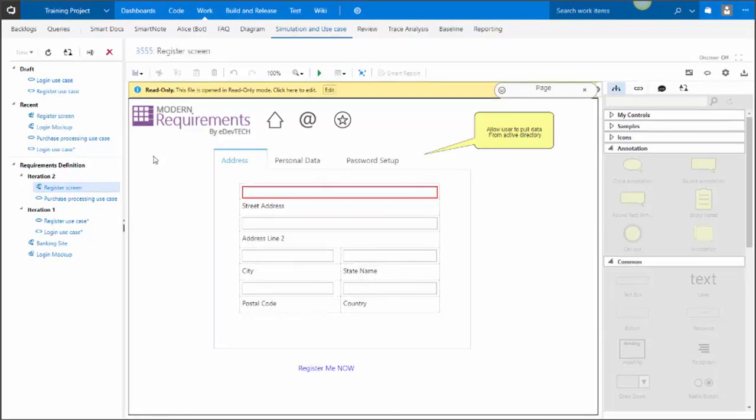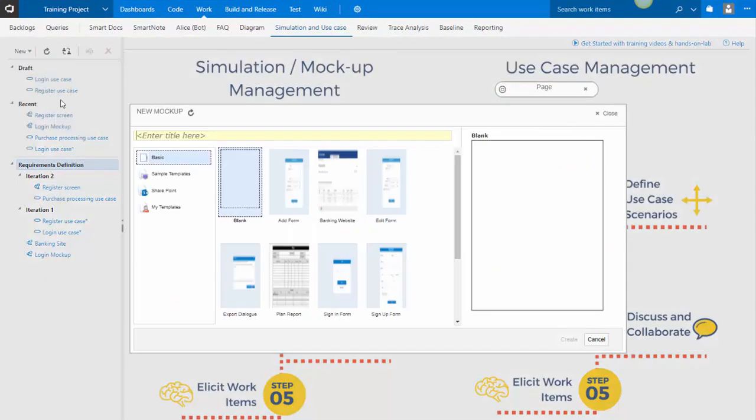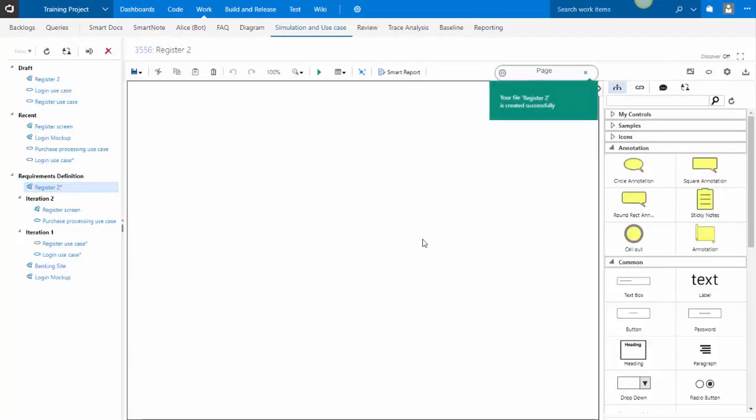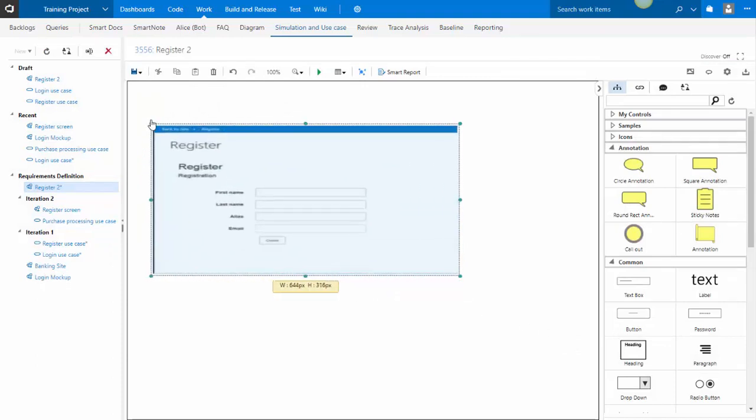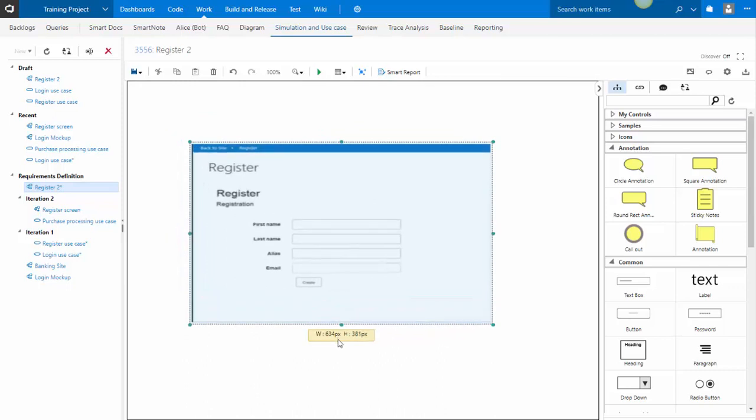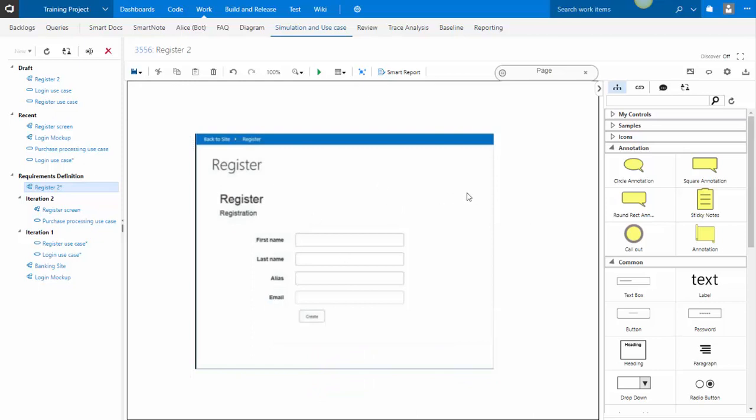With wireframing, we have looked at a variety of things, but one other thing I want to show you is how you can use an existing mockup to build on it. So for that, let's say I have a mockup, I'll just call it register 2. So this is another register form I'm creating. And what I'll do is insert an image of the register screen that I had created elsewhere. And now, on top of this, we can simply drag and drop our other controls and